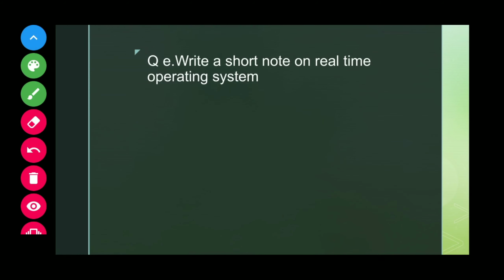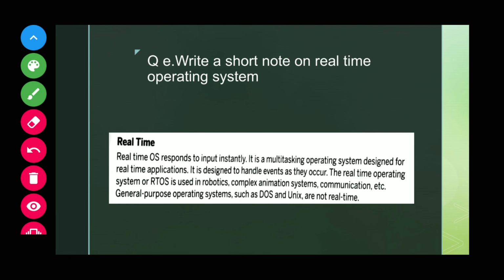Write a short note on real-time operating system. It is the answer. A real-time operating system responds to input instantly. It is a multitasking operating system designed for real-time applications. There are different types of real-time operating systems, like communication systems which are used to operate customer services.